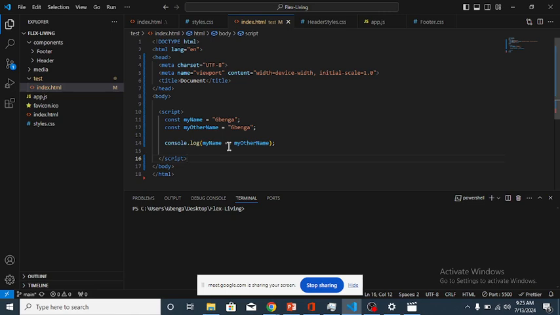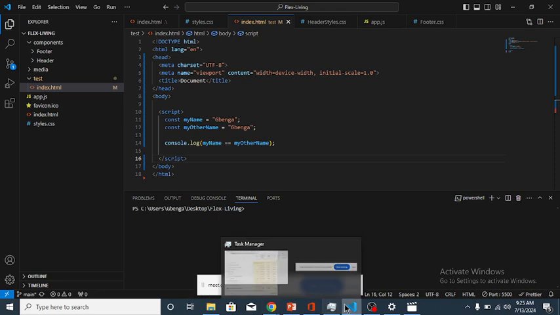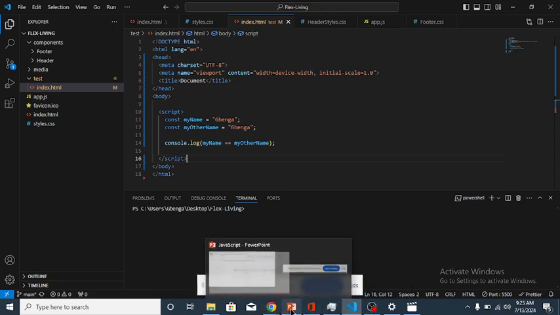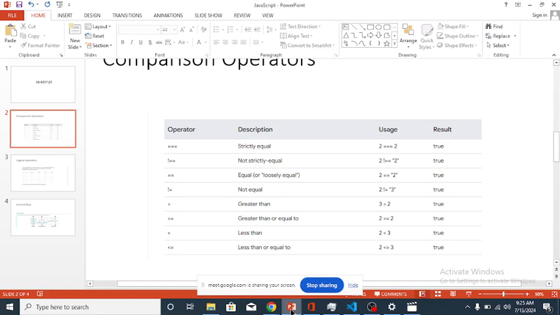That is, by the way. And there are different types of comparison operators. Let's try and go over some of them. Hopefully, anyway, we'll continue with the content in the next class. So now